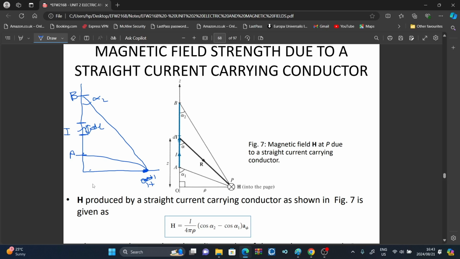So that's our field strength, alpha 1, we call that. Then from the middle of our conductor to there, we have our alpha. And I think we worked with alpha, and then this is also R. So now in this case, we want to calculate our H in terms of, and then this horizontal line, we